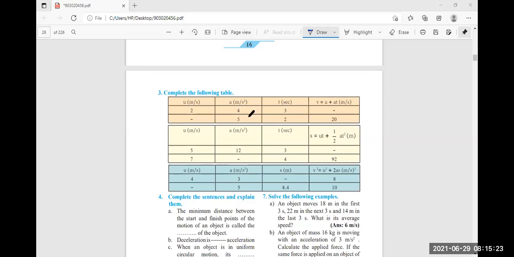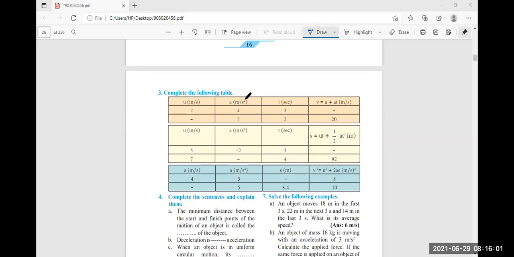Okay, very good. Now we have to complete the following table. Here a very simple thing is given. U is given. So what is meant by U? Can you tell me? Mrunal Dharekar, what is meant by U here in this table? Yesh Padje, Shreya Wagule, Trupti Gosavi, are you present here? Shreya Jadhav, speak something. Pranav Singh. Sir, present. Initial velocity. U is your initial velocity.